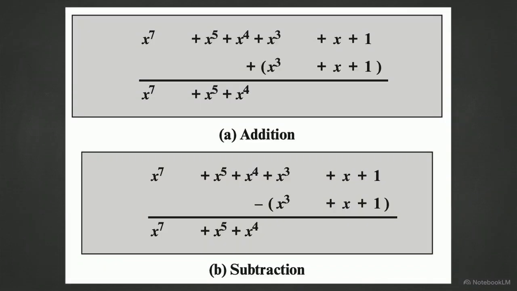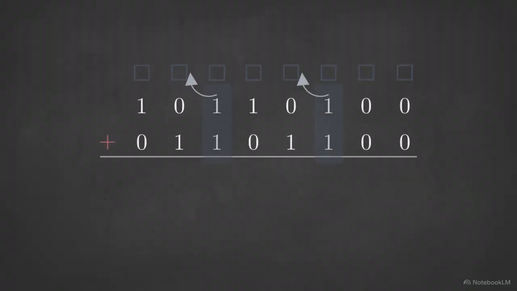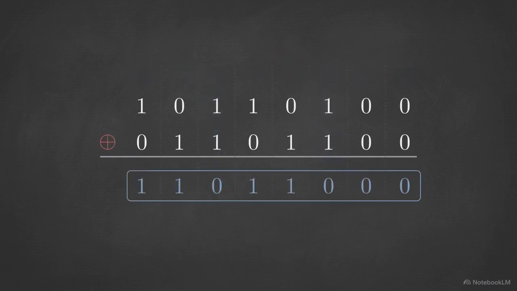This source demonstrates polynomial arithmetic inside a base 2 field. In panels A and B, working modulo 2 means 1 plus 1 equals 0, making addition and subtraction the exact same operation. The addition columns show a complete absence of carry operations. Because there are no carries to track, polynomial addition is exactly equivalent to a standard bitwise XOR instruction.